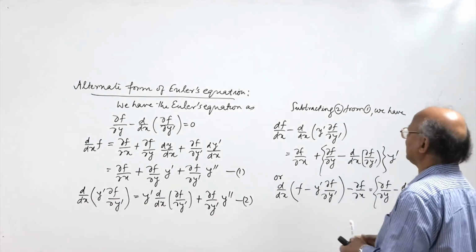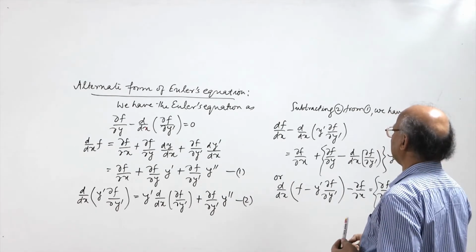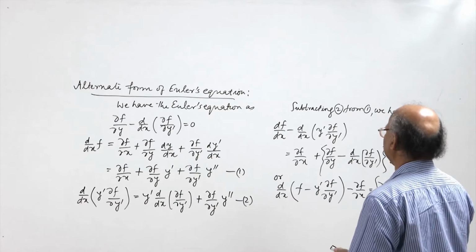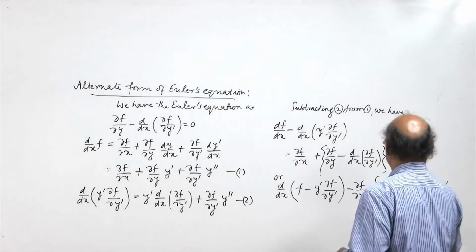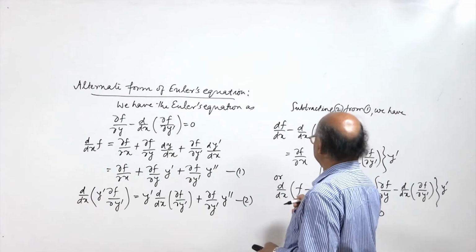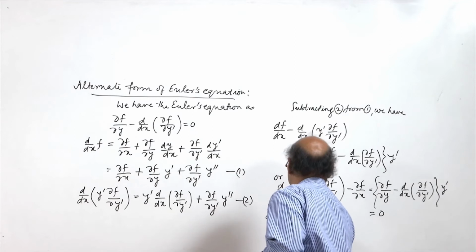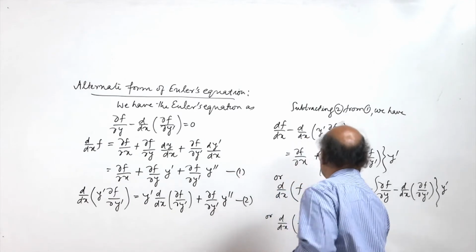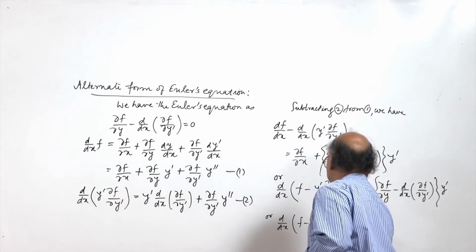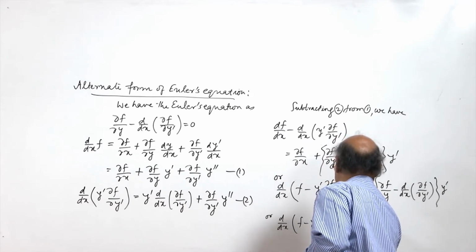Now from the Euler's equation we know that this is 0, ∂f/∂y minus d/dx ∂f/∂y' is equal to 0, so right hand side is equal to 0, and thus we get d/dx of (f − y' ∂f/∂y') minus ∂f/∂x